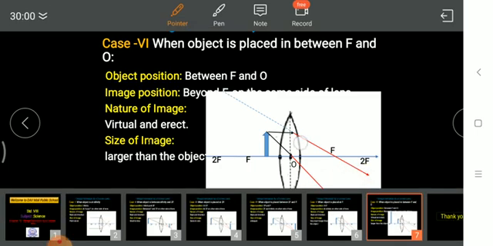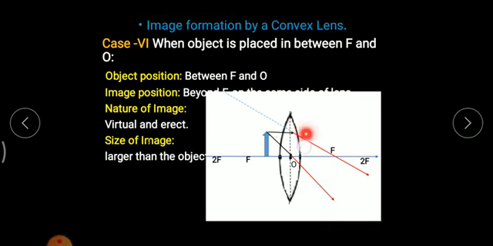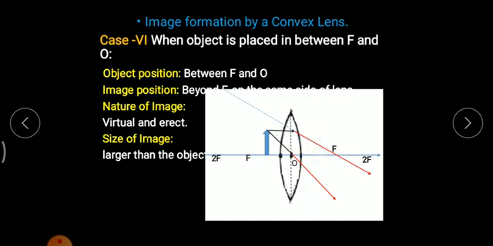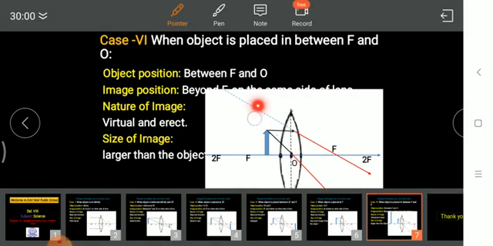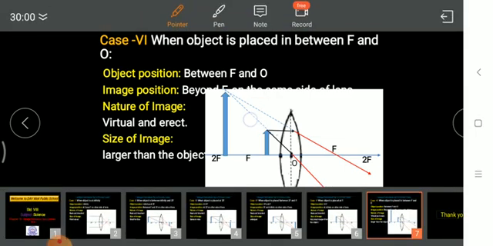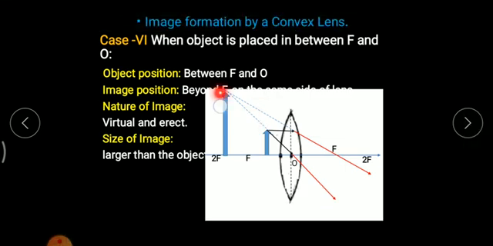So I trace this refracted ray backward with dash dotted lines, and similarly I trace this refracted ray backward with dotted lines. Now both these dotted lines are intersecting at this particular point. So at this intersection point the image will be obtained,